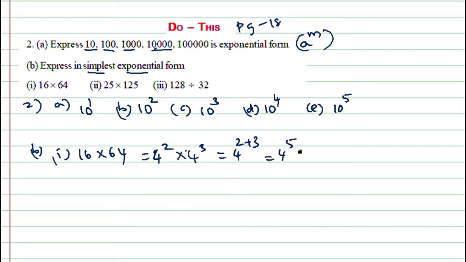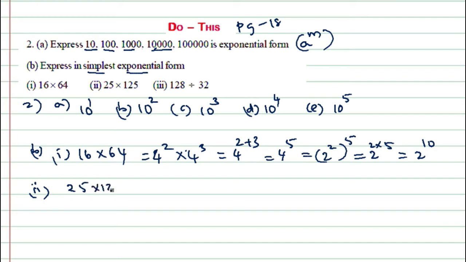And now 4 you should write as 2 square, power 5. Again we should multiply the powers. Why? Because the formula is power raised to the power, again power. That is 2 into 5, which is equal to 2 power 10. The next one,